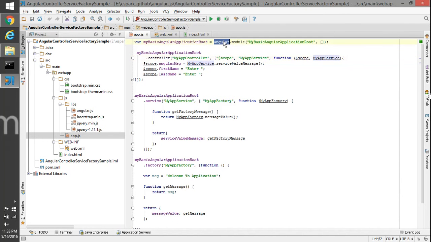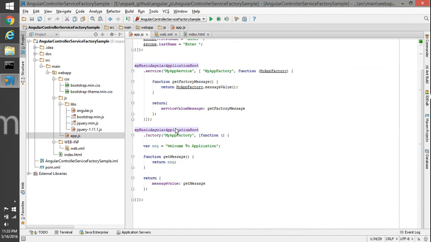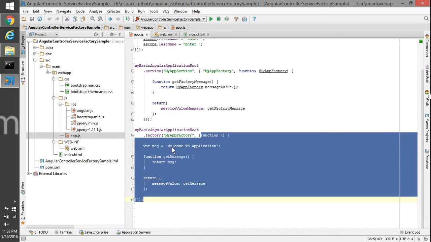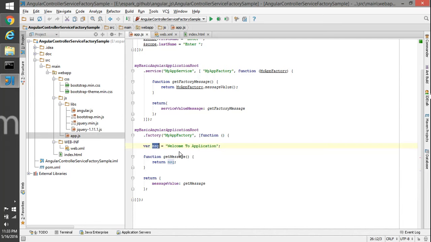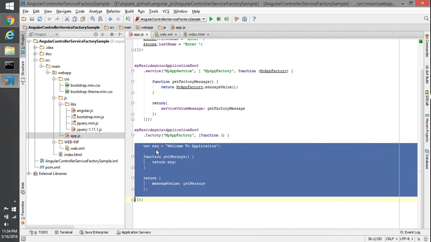With the Angular we have angular.module. We have created one module here, stored the reference in a variable. Then we have created a factory on that module. So we have set variable name dot factory and created a factory with the name myFactory, and we have defined a function where we have static variable. There we have defined a variable with this message, and we have binded that getter method for that variable.